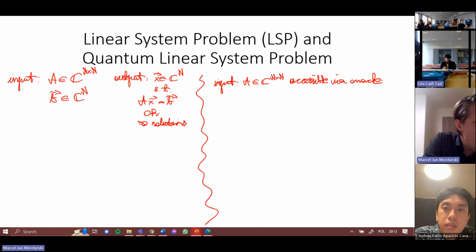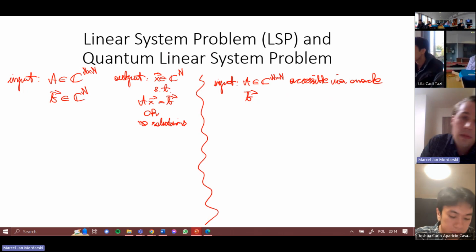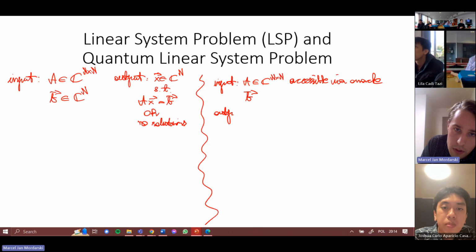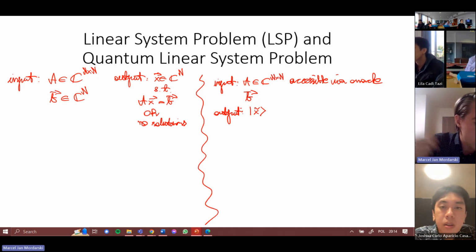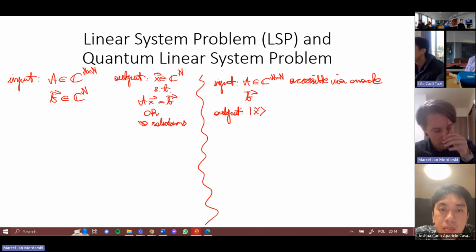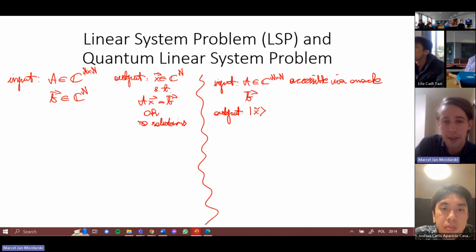Likewise, we are given vector B, and now our goal is to output a state X. I'll put a little tilde with it just to imply that this is an approximation such that